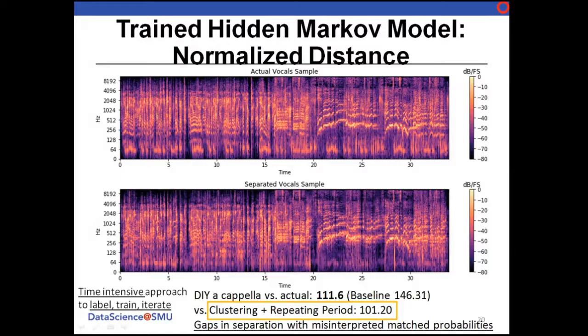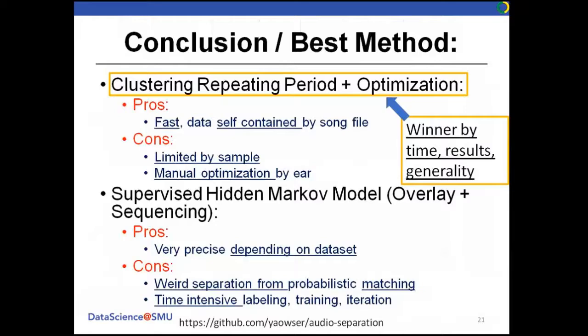There are also misinterpreted match probabilities when it comes down to living and dying by the data set you trained with for the validation, and then for the modeling to predict what is what, and for the separation. So for conclusion, the best method is clustering repeating period with optimization. The pro is that it's fast and self-contained, but it's limited by the sample in a sound file, and it's manual optimization by ear. The supervised hidden Markov model with overlay and sequencing is really dependent on the data set, and it